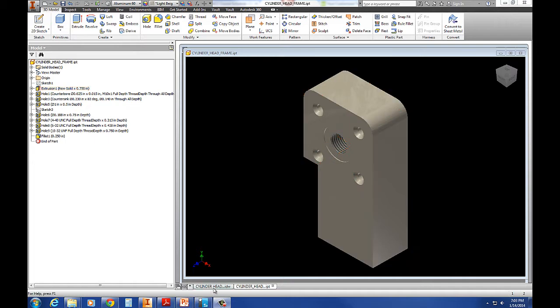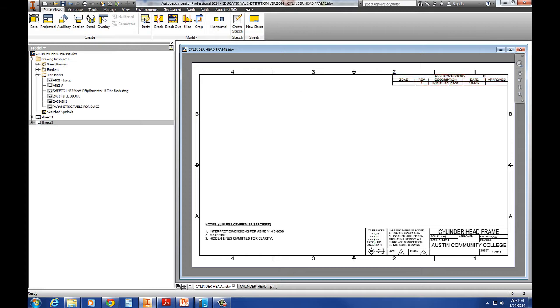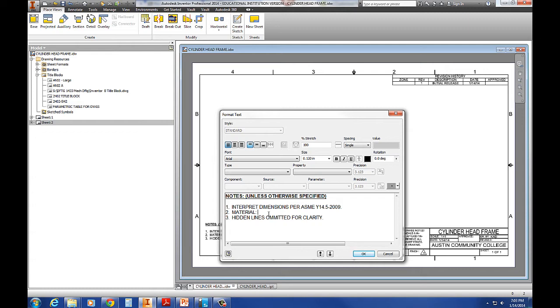So what I'm going to do is, we've already created a drawing format here and got it all set up. Remember that you may not want this note right here. One thing that I like to do is fill all these things in, including the initial release, which should be the same date as the date of the creation of the drawing, and put in all my notes. So I'm going to put in, on the directions, it says